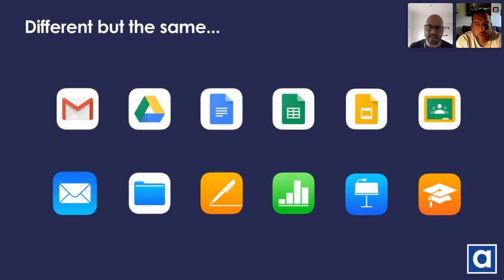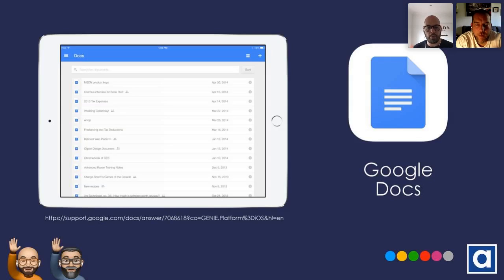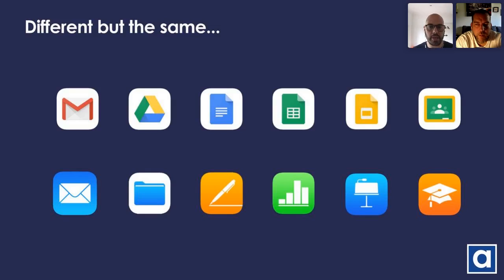I think the reality is there's a core set that are used from a workflow perspective, and certainly in the education space, we absolutely know that Mail, Google Drive, Google Docs, Google Sheets, Google Slides, and Google Classroom are instrumental. They're different, right? They're Google owned, they work slightly differently, but ultimately they're the same as the apps that come pre-built into iPad. So in this instance, Mail, the Files app, which again I know we'll deep dive into, Pages, which is the equivalent of Word, Numbers, and then Keynote, and we've got